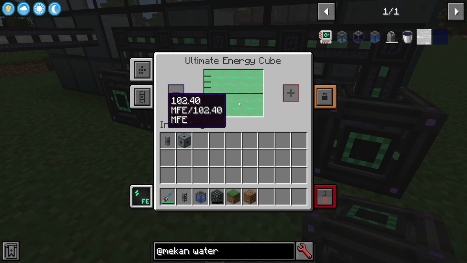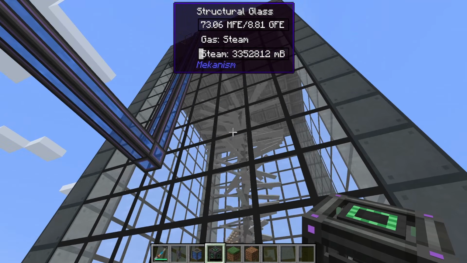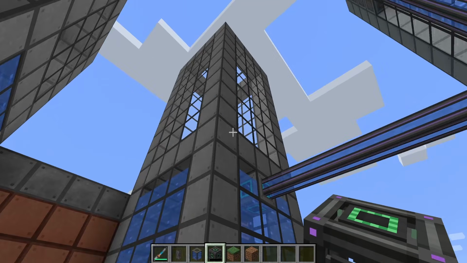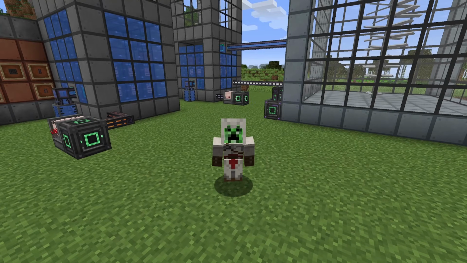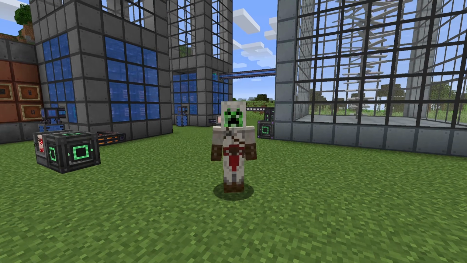But as it is, you can fill up these ultimate energy cubes very, very quickly. And if you were to make something on this scale, you would need a heck of a lot of water, so many pumps, and far too much steam than you could probably make. Now, unfortunately, that is everything I have to show you today when it comes to the boiler and steam turbine. We do have a little bit more to cover when it comes to the boiler, that being the coolant side of things,